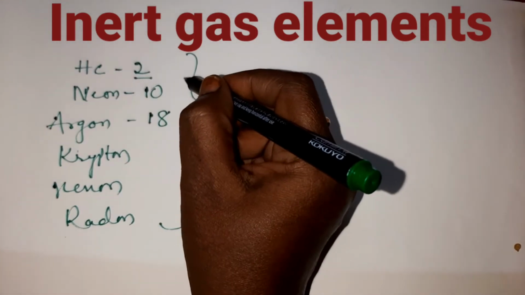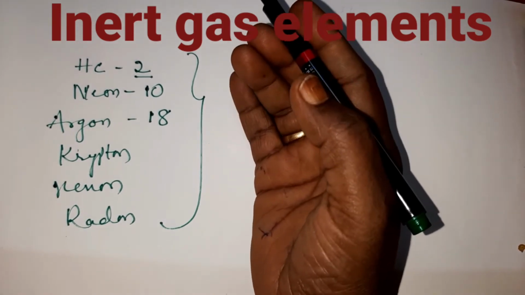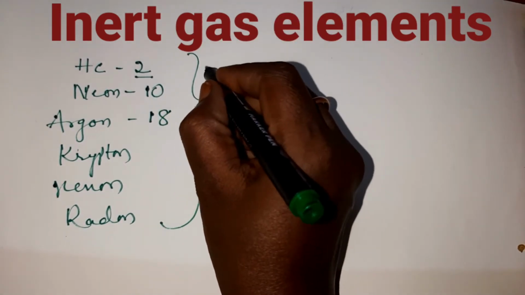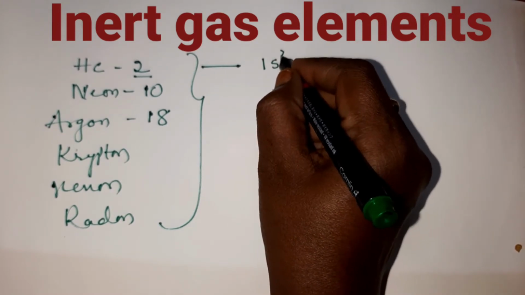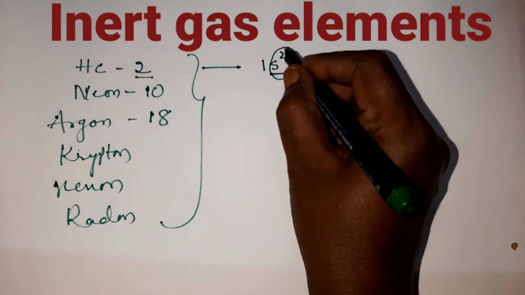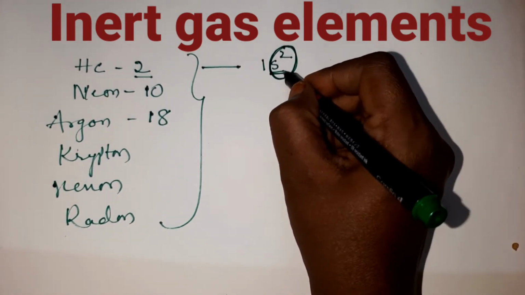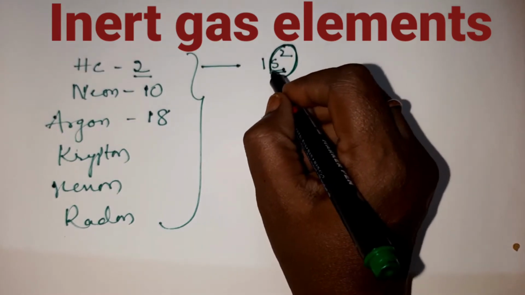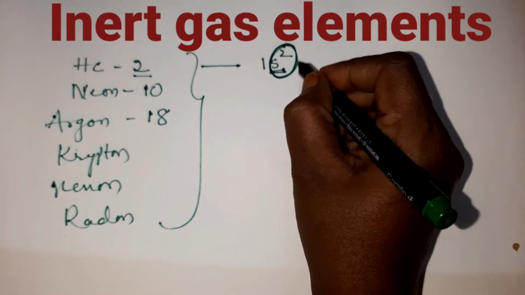Why do we say that once the atom donates electrons it tries to achieve inert gas electron configuration? If you write the electronic configuration of helium, it is 1s2, children. Here the s shell is capable of holding 2 electrons, and you can see the s shell is completely filled. So this we call an inert gas element, because the electrons are completely filled.